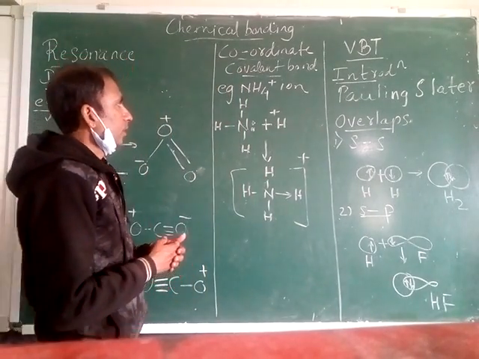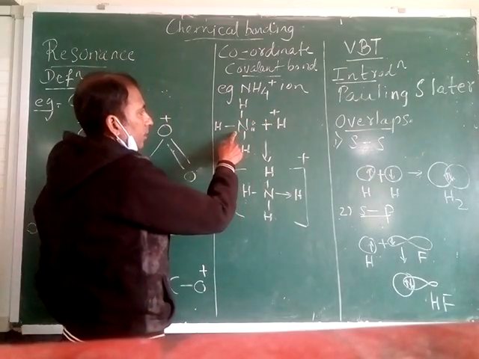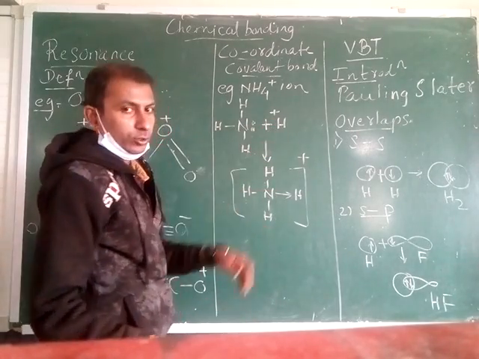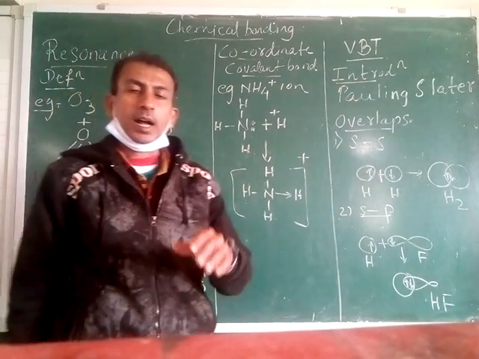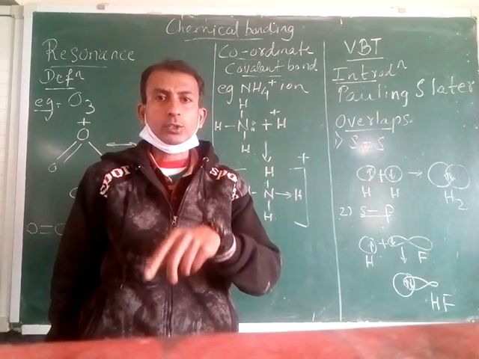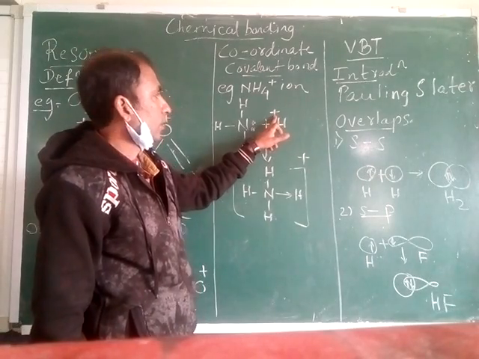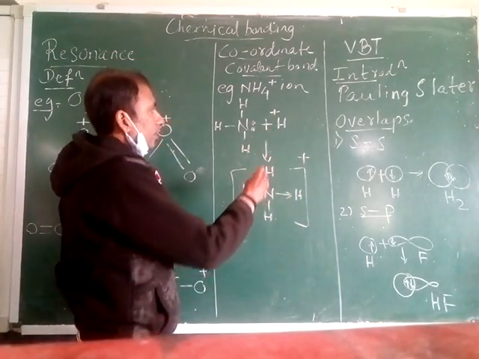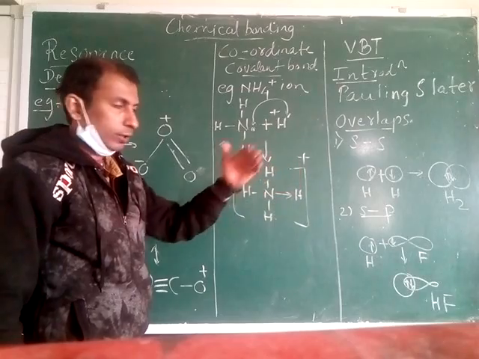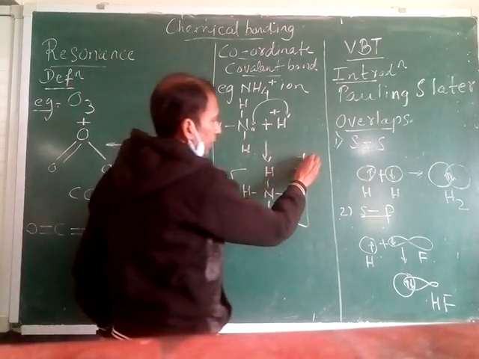Now look at this example here, formation of NH4 plus ion, how it is formed. We have ammonia, and in ammonia nitrogen is containing one lone pair, 2 electrons, and the hydrogen ion is not having any electron. Hydrogen ion कैसे form होता है? Hydrogen atom से ना, the hydrogen atom is containing only one electron in its outermost shell, so it will donate one electron. तो कौन सा चार्ज appear होगा यहाँ पे? +1. So this hydrogen is not having any electrons, but nitrogen is having 2 electrons, so it can donate its 2 electrons for the bond formation, and this way the ammonium ion is formed, NH4 plus.